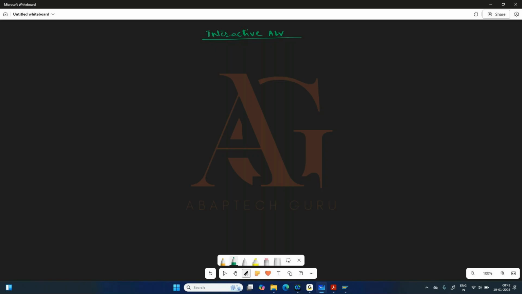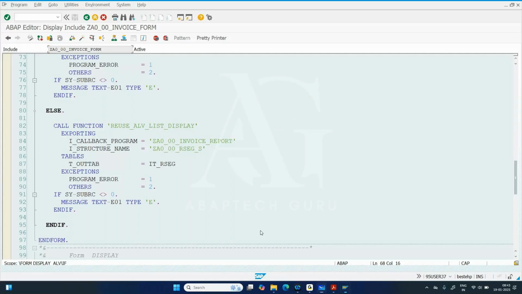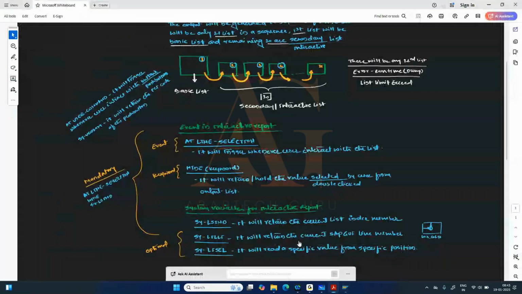Traditional means you don't get many features and you don't get the graphical beautification. Everything we need to manage explicitly. But in the ALV case, you'll get many default features by calling that function. Even in the view, the graphics and the beautification, you can feel the difference. That is the difference between traditional and ALV. So don't confuse. Whatever interactive we have achieved so far, we achieved by using the traditional